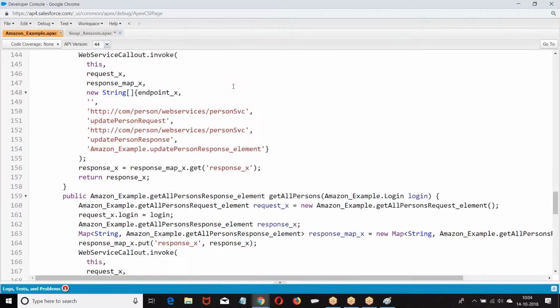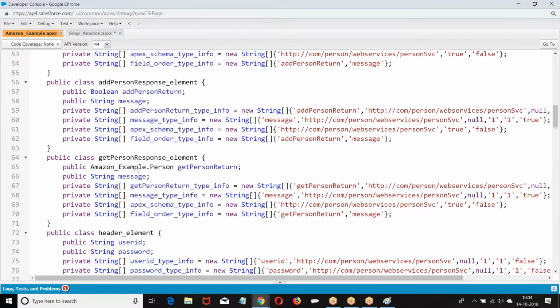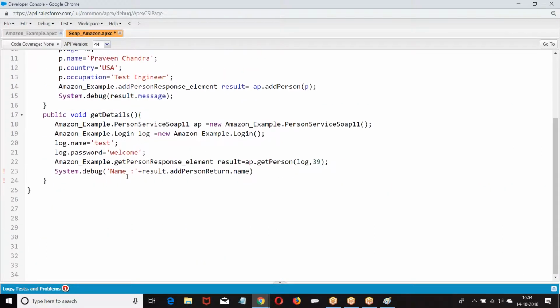Get person response element. Go to this. It is a wrapper class. Here we have get response return. We need to understand the classes, the return type, what type of data they have. Basically, it's all about understanding your wrapper class structures.